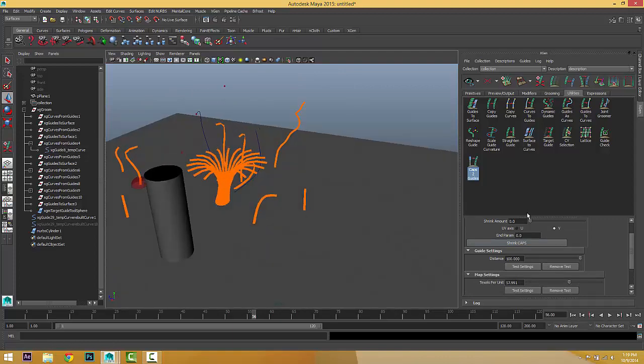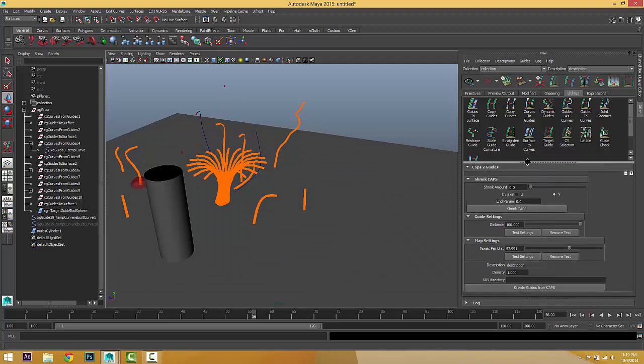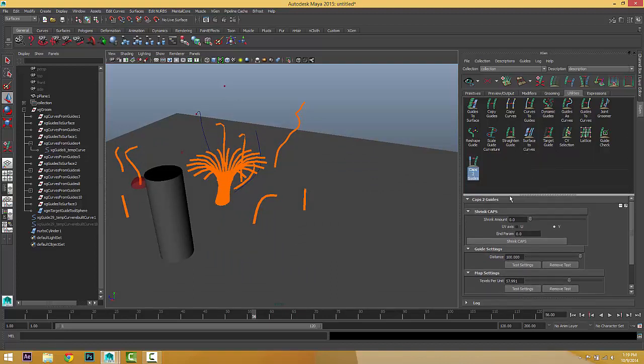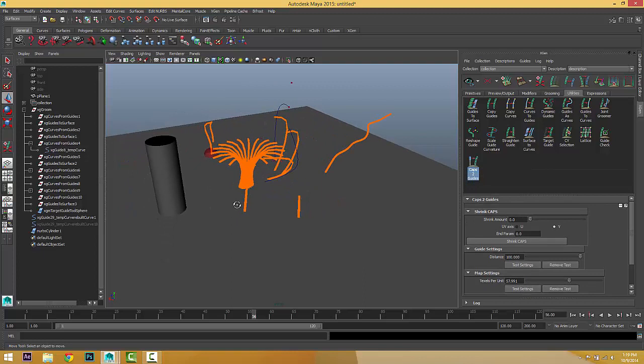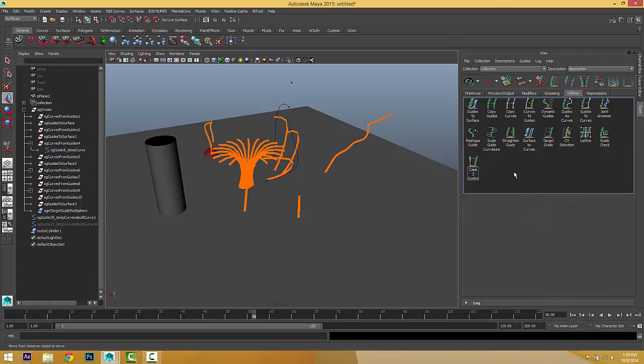It's just like a utility to help you change the surface to guides, and I personally don't use that too much, especially the capsule surface. That's it.